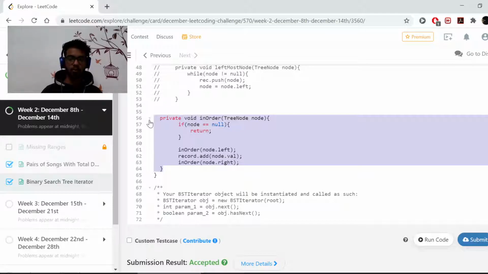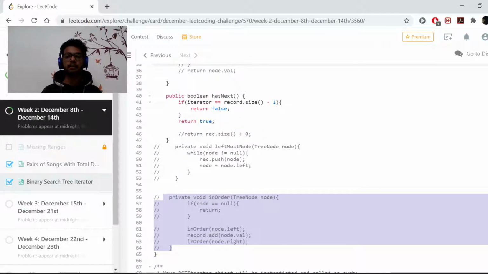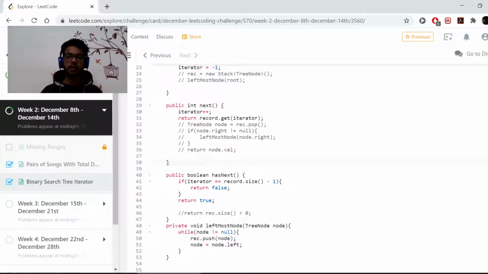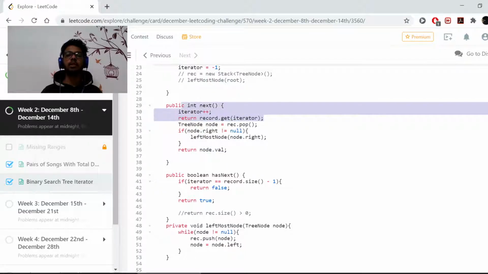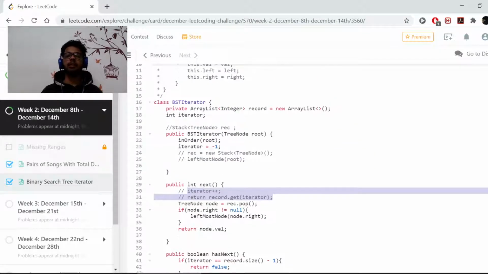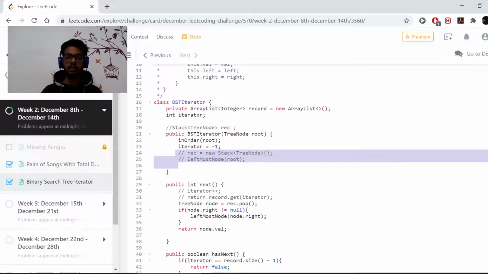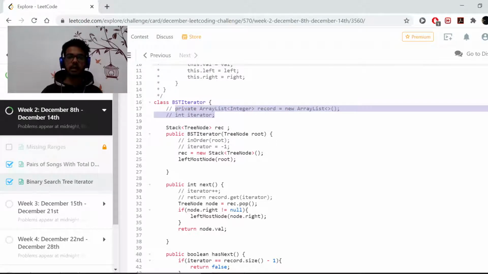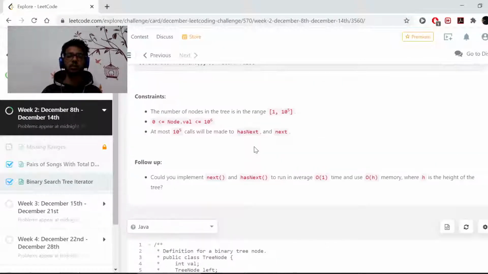The second approach, which requires O of h space and also O of 1 constant time, is somewhat different because there we'll be using a stack. See, it's iterating a binary tree. It's quite clear that we'll need to use a stack either recursively or manually somewhere. So now we are using a stack. In that stack, what we are going to do is